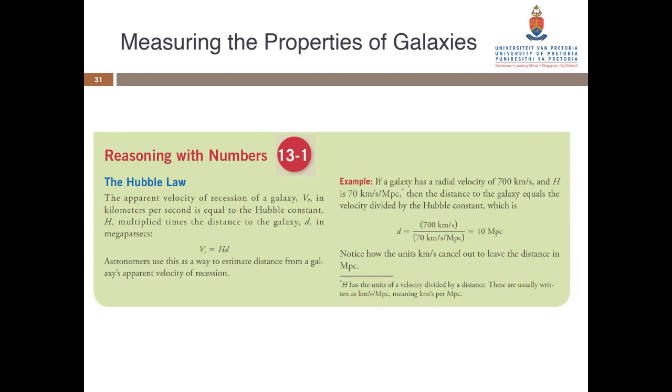So the equation is VR equals H times d. Astronomers use this to estimate distances to galaxies from their apparent velocity of recession. A good example: if a galaxy has a radial velocity of 700 kilometers per second, and the Hubble constant is 70 kilometers per second per megaparsec, then the distance to the galaxy equals the velocity divided